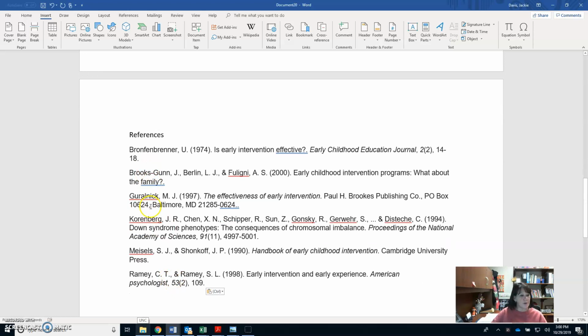Okay, so I have 1, 2, 3, 4, 5, 6 entries here. So let's take a look quickly at each of those. On this Bronfenbrenner entry, you will notice that after the question mark, there's a period, and there doesn't need to be. That's just a little glitch in the citation tool where whoever developed the